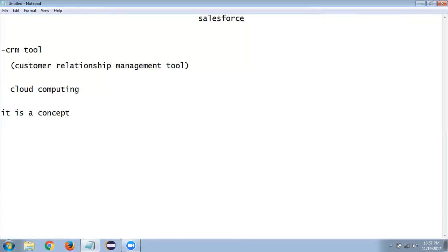First of all, it's a concept. Using this concept, what exactly will it provide? It's a concept of providing some services. Where exactly is it providing services? It's not on your local machine, it's not on my machine. It's a concept which exposes the services over the internet, right? Over the internet. So what kind of services are those?